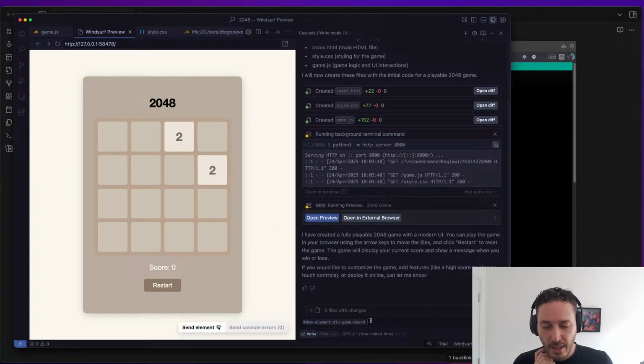Element added. Okay, this is quite interesting. I don't think I've seen Cursor do this. So basically, we can interact with the browser directly on Windsurf. Select some elements, and right at the bottom, the element is now being mentioned, and I'm going to say does not